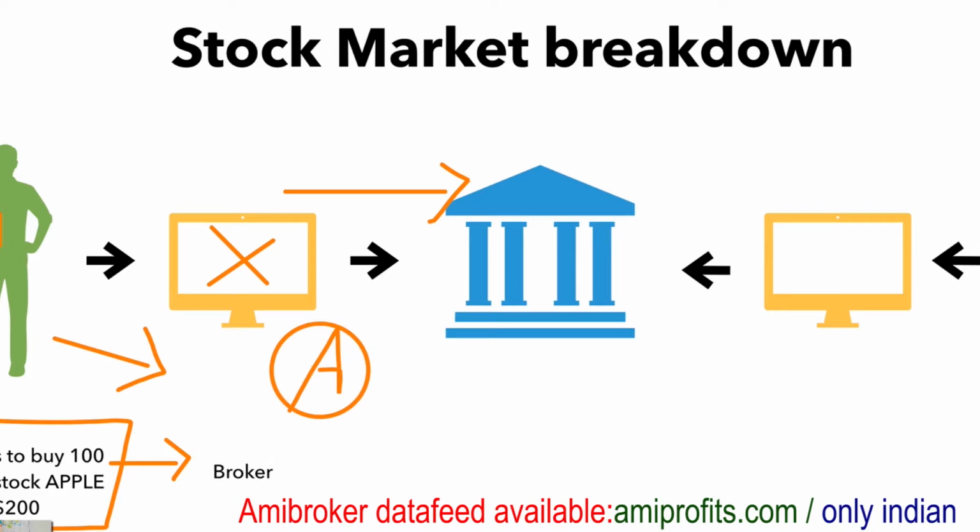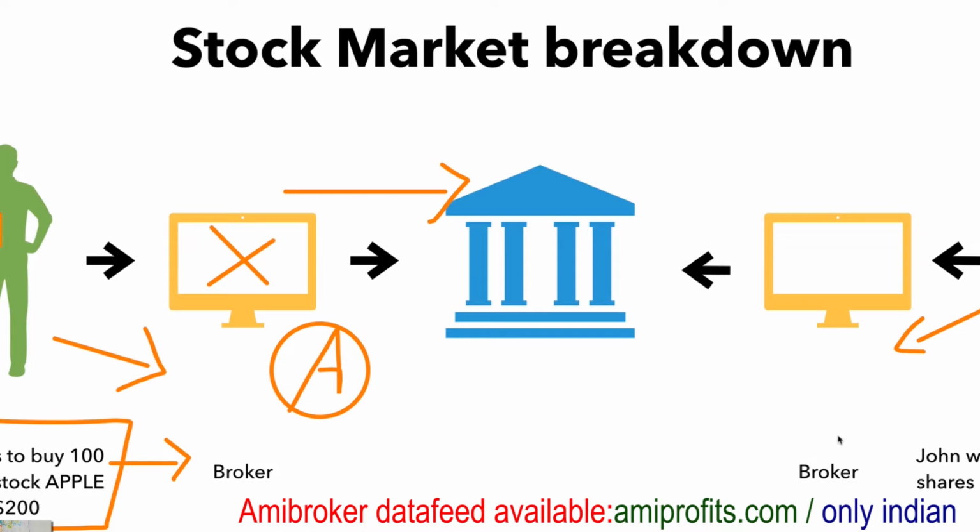The second part of it is on the other end, we also need a seller. So let's say we have John. John wants to sell 100 shares of stock Apple at $200. If John wants to sell 100 shares of stock Apple at $200, John also has to go to his broker. So John goes to his broker, same concept. He can go online and submit the order. It's the same concept as calling your broker, but you don't have to physically go to your broker or do any of those things.